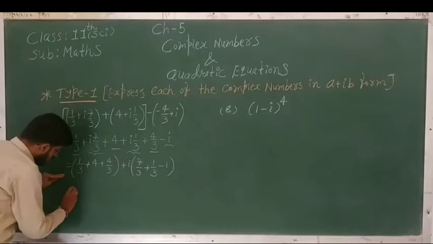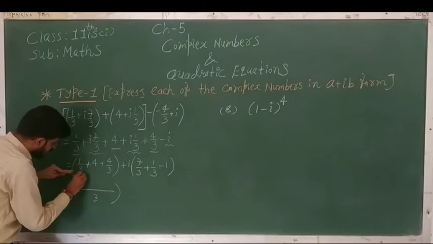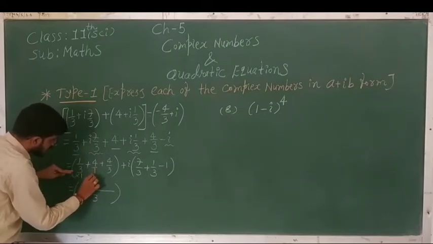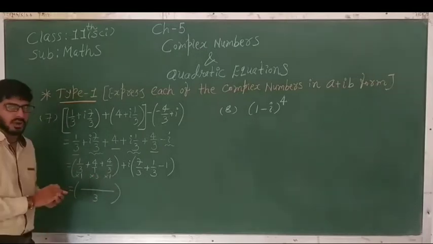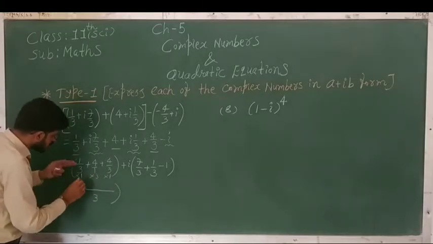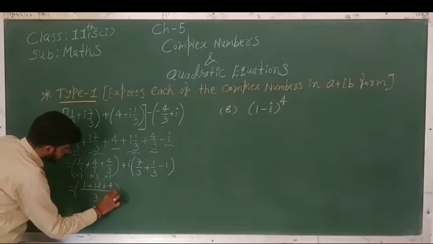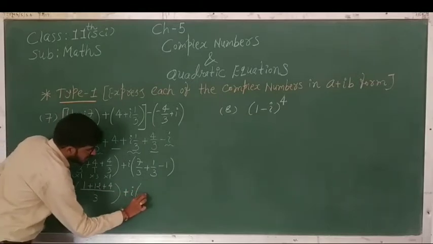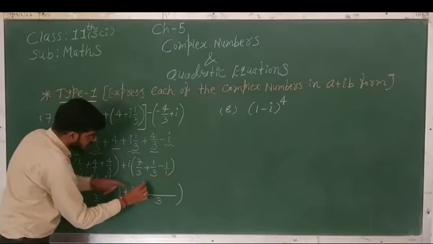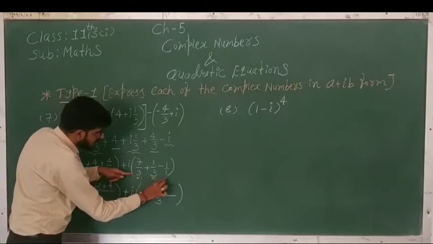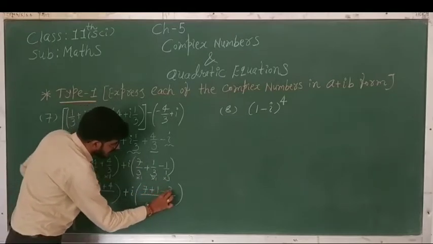Now simplify. So we have to take the LCM. LCM will be 3. So here multiply by 1. Here we can write 4/1, so here multiply by 3 because 3 ones are 3. And here multiply by 1 because 1 threes are 3. So it gives 1 ones are 1, plus 4 threes are 12, plus 4 ones are 4, plus i bracket. Same thing, we take the LCM here. LCM of 3 and 1 is 3. So here multiply by 1, here multiply by 1, and here multiply by 3. So 7 plus 1 ones are 1 minus 3 ones are 3.